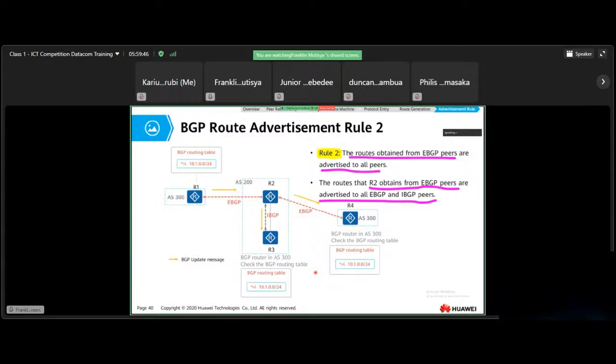Rule number 2. We have said the routes obtained from EBGP peers are advertised to all peers. If you receive EBGP routes,